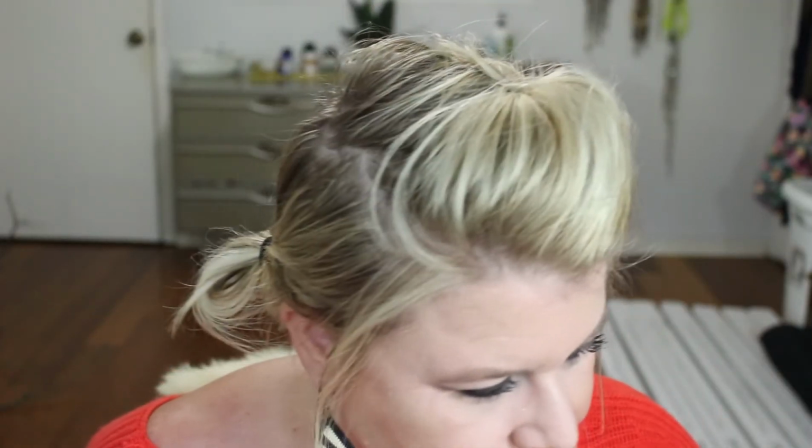This is also a really easy way to do a smoky eye and not have to worry about like all the different shadow colors you need to do, especially for a hooded eye. You just kind of blow out the liner. Gosh, I have glitter everywhere now. All right, let me put my glasses on. All right, so this is the